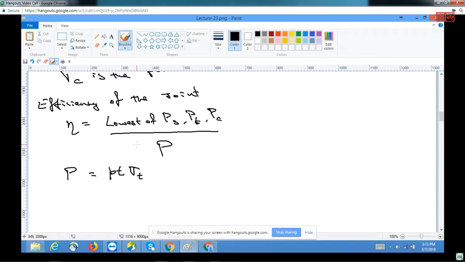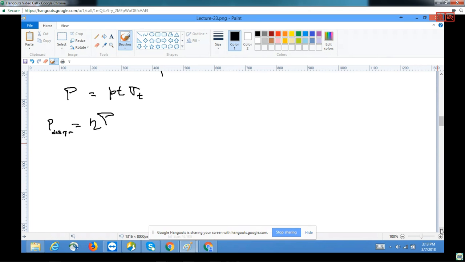And when people are designing, people will take directly the P for designing as simply efficiency times capital P, and this will be used so that it can avoid both the shear, tension as well as the crushing failures of the riveted joint. So these are the basic equations that are used at a later point of time in studying the design of the riveted joint. The next thing is caulking